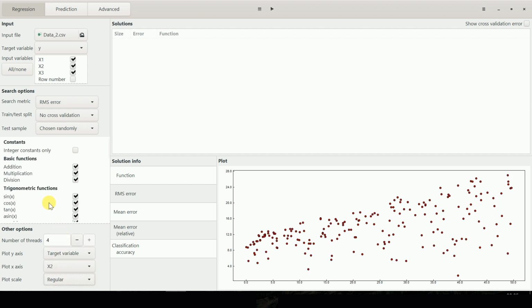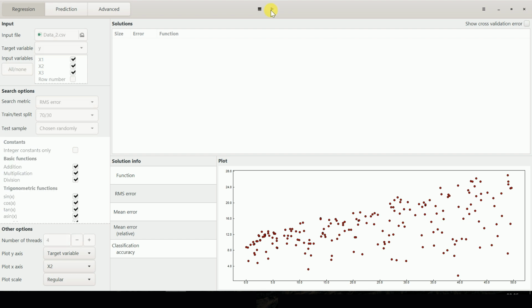As I previously mentioned, you also have an option of train test split. So essentially I'll select 70-30. So essentially I'll be using 70% of my data for training and 30% data for testing. I also have the option of selecting which logical function I want to use and which I want to avoid in the whole symbolic regression process. Now that everything is set up from my end, let me go forward and create different models.